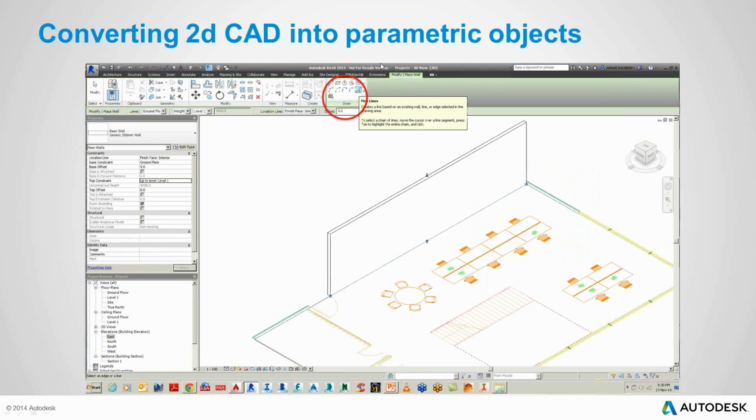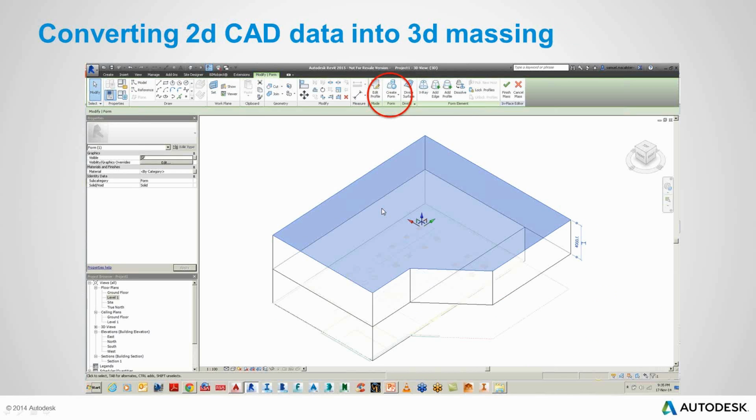So very simply, just to make that move into the 3D environment, there's tools here where you can start to create walls by selecting lines or faces. So whether you bring in a SAT file or a SketchUp model, you can work with the volumetric geometry, or if you're working with 2D vector-based data, you just select the line and instantly it will convert it into a wall. And there's some default settings here for how you want that wall to play. So in this case, it's got a bottom constraint of being on the ground floor, and then its top constraint is level 1. So very quickly, we can use that tool to create our walls,